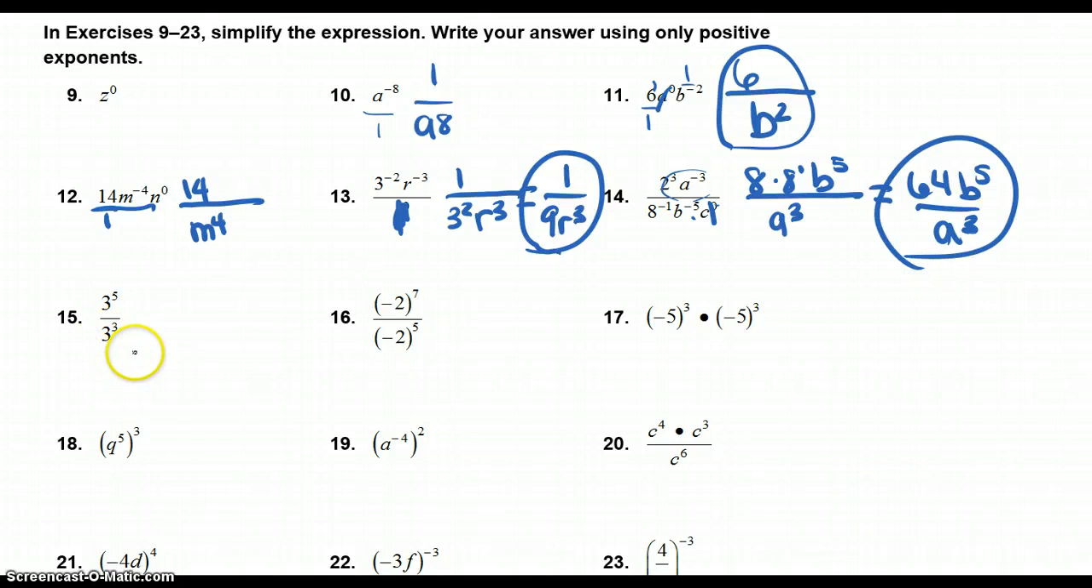Okay, moving on to the next row, 15. That one, it's divide, so it's just 3 to the second, which is 9. Let's move on down to number 18, power to a power, q to the 15th. That's it. That's all you have to do. So you keep the same